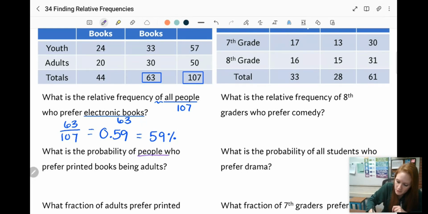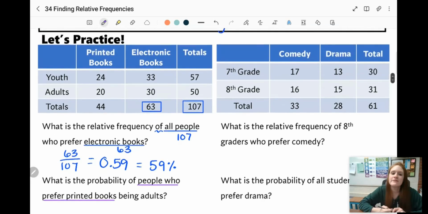Of people who prefer printed books. So we need to figure out how many people prefer printed books. Well, I find printed books. 24 youth preferred printed books. That's not what I want. 20 adults preferred printed books. That's not what I want. I want "of people." Okay, so there would be my "of people." So this would be